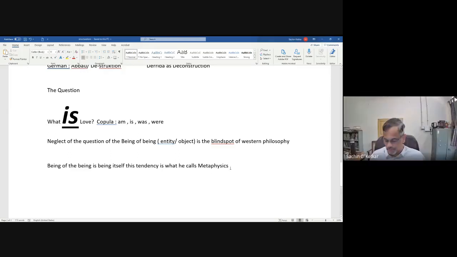So he coins the term metaphysics of presence. Metaphysics of presence, yani you think of being of this pen in terms of its presence. In present, abhi aapke samne hai, abhi temporality mein, this time, it's there in front of you. And that is what constitutes its essence. That is what constitutes its being according to the Western philosophy. And this is, for Heidegger, a big problem.